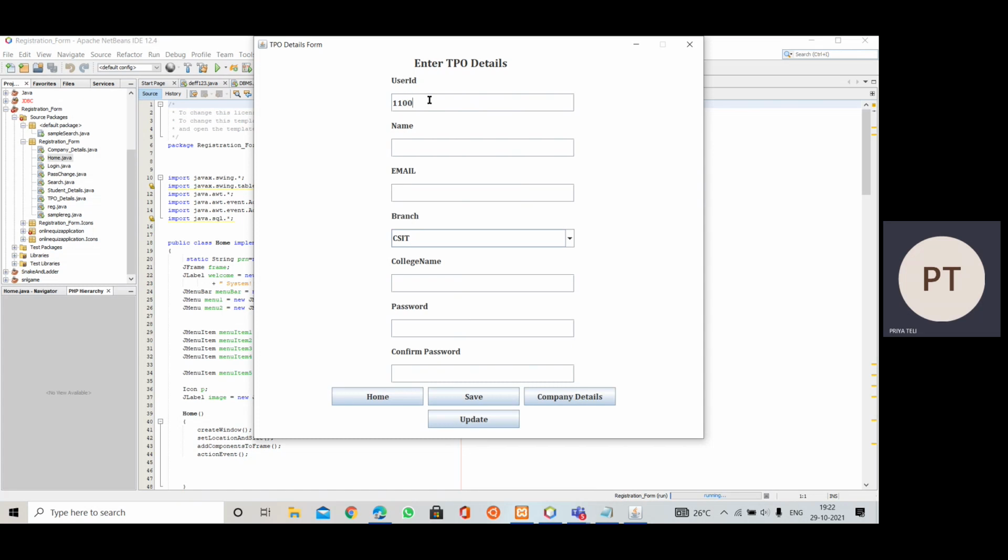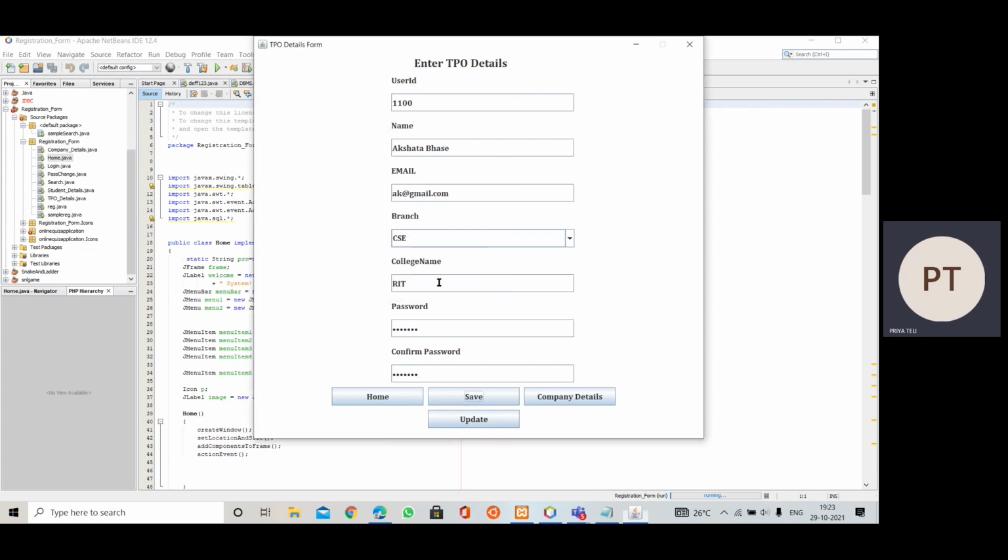Say suppose... then we will have to click on the save button,